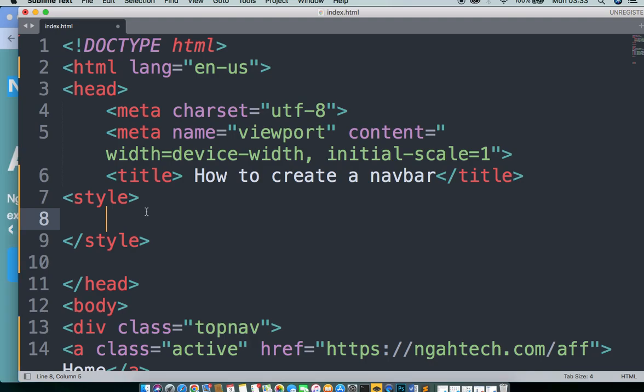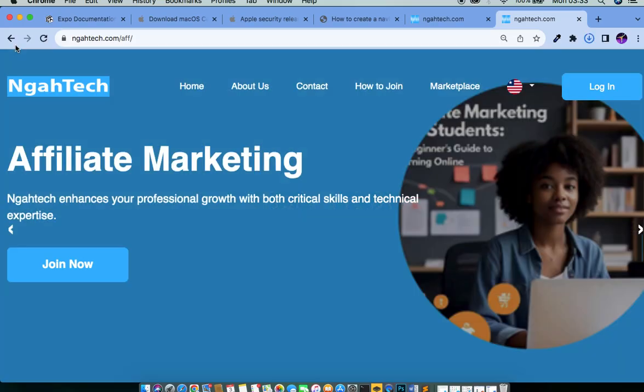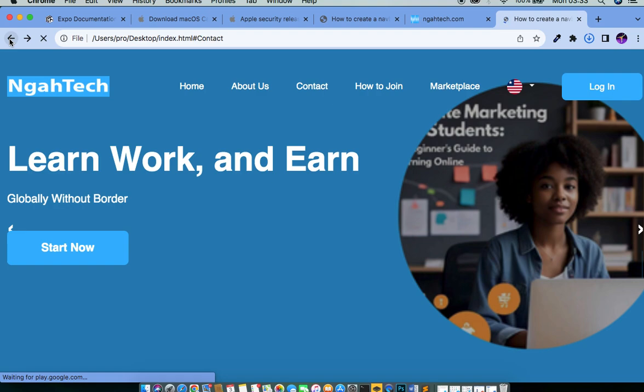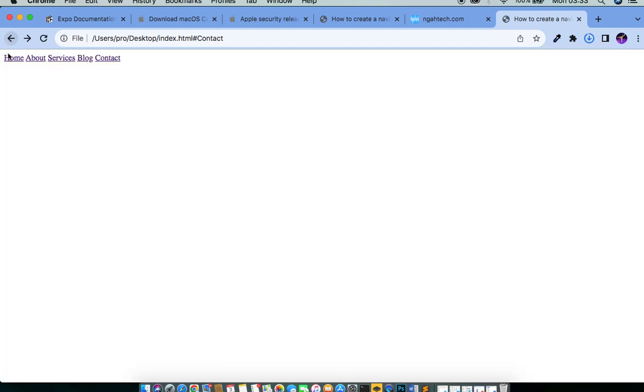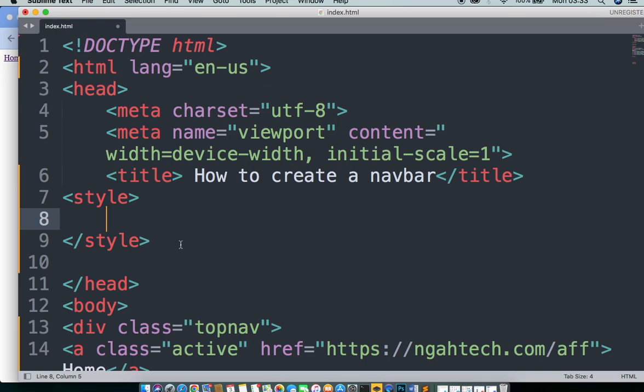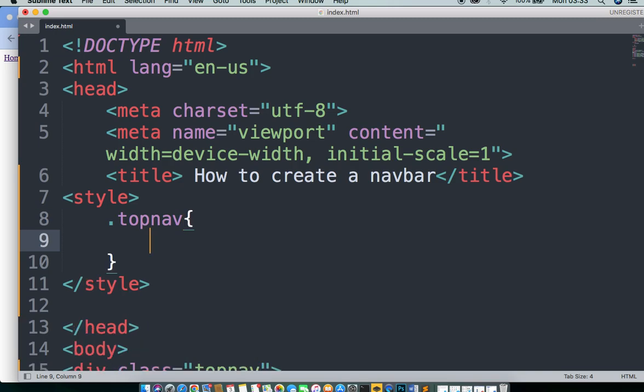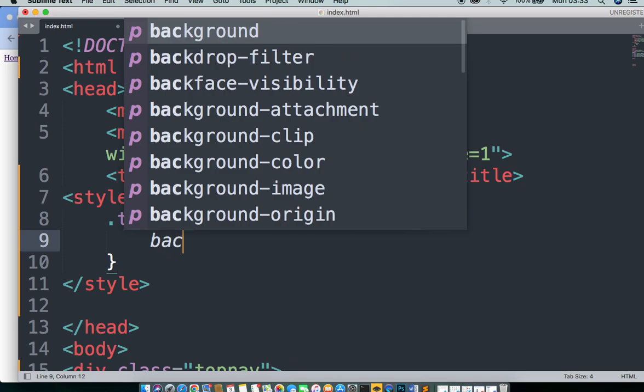Okay, so the first thing that we're going to do now is to style the background of our nav, our menu. So we're going to style the background here. Let us first put a dot, because I have to call this particular class. So we put dot nav and then a curly bracket, and we say, okay, background, we want the background to be